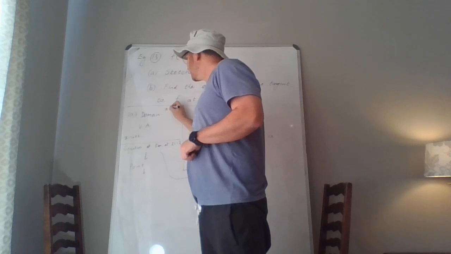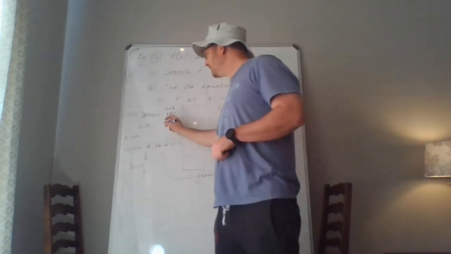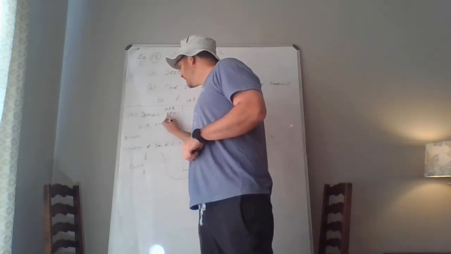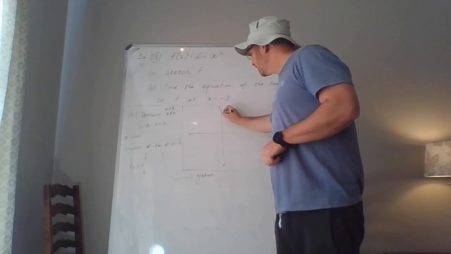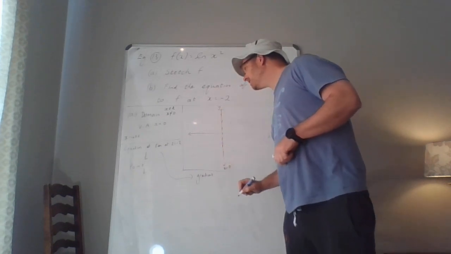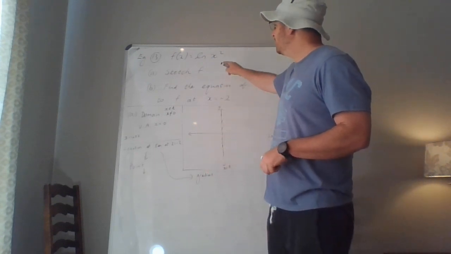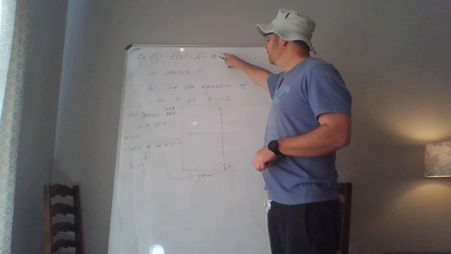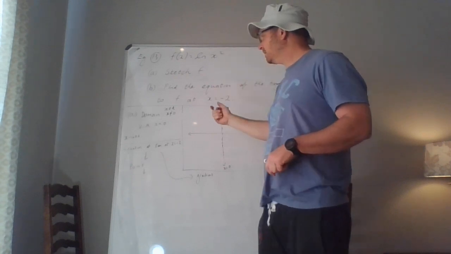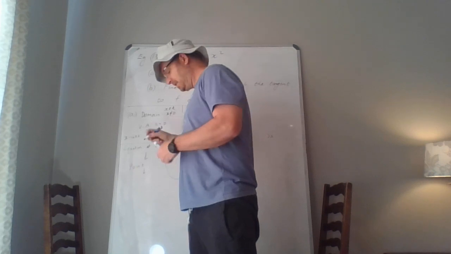So the domain is x can be anything, but x cannot be 0. Okay? And so you're going to have a vertical asymptote at x is equal to 0. So we're going to have a vertical asymptote here at x is equal to 0. The x-intercepts, well, you can intuitively think ln of 1 will be equal to 0 and ln of negative 1 will be 0, or you could go through the process and solve the equation, 0 is equal to